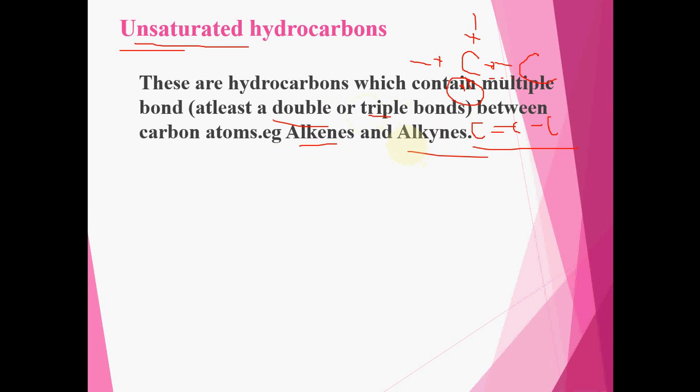But going ahead of my lessons, I will not focus on this because it's not part of our syllabus of my interest. But at least if you want to give examples of unsaturated hydrocarbons, the examples you give are easy. Just think of alkenes and think of alkynes. Those are unsaturated hydrocarbons. For example, if you look at this double bond here